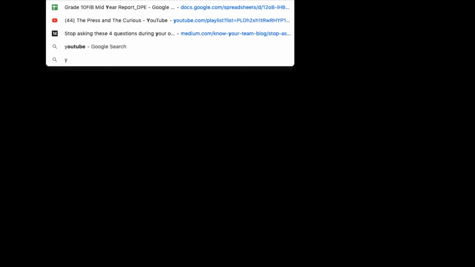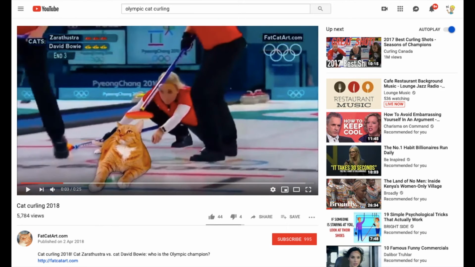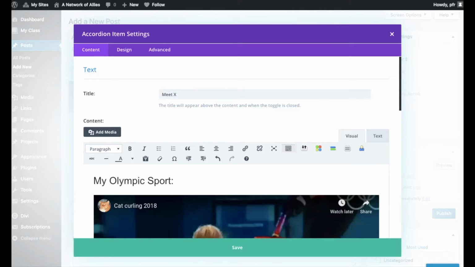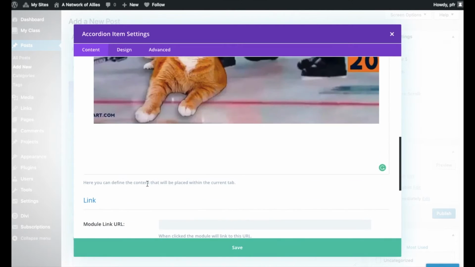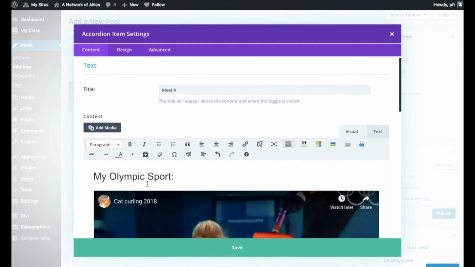So if I go to YouTube and I select the URL, all I have to do is copy that URL, paste it back into the text box. So copying the link, pasting the link in, and you'll see here it's just going to seamlessly embed. Great. So if I click save, I'm going to tour you through how you can then go ahead and customize